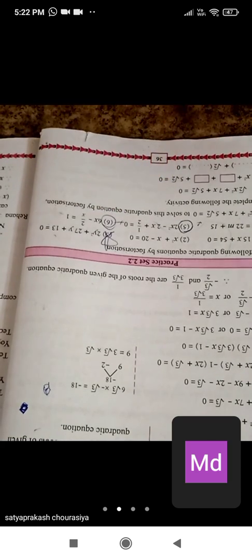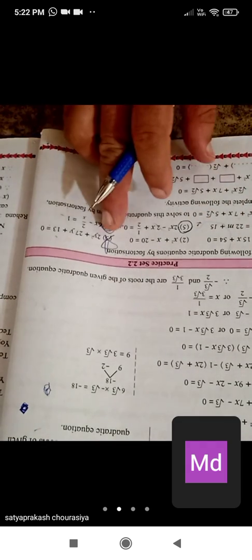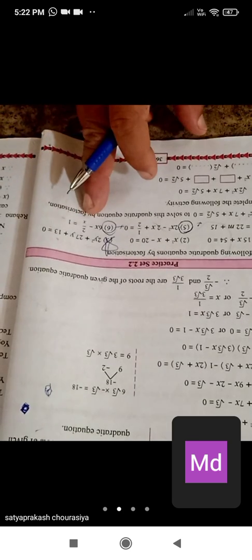Now question number 6. Question number 6 is 6x minus 2 upon x is equal to 1. Now this equation is not in the form of a quadratic equation because the highest power is 1 here. But when you multiply all the terms of this equation, it will get converted into a quadratic equation. 6x minus 2 upon x is equal to 1. Now we have to bring it into the standard form. So to remove the x from the denominator, we have to multiply all the terms by x on both sides. Now see its solution.